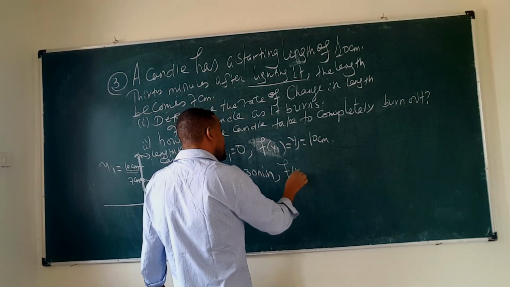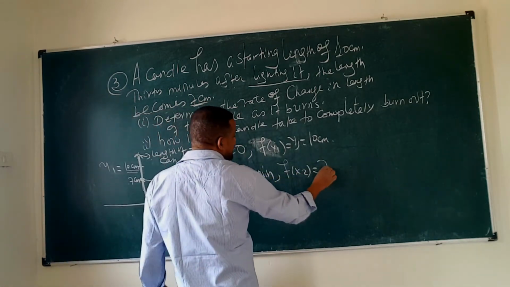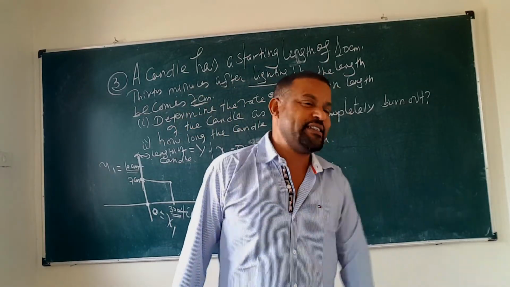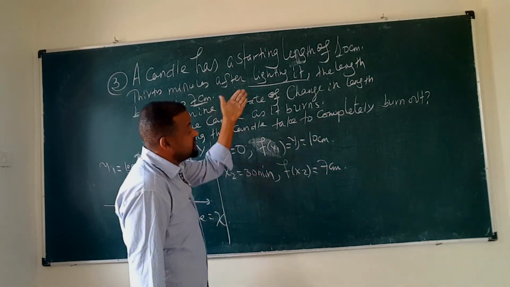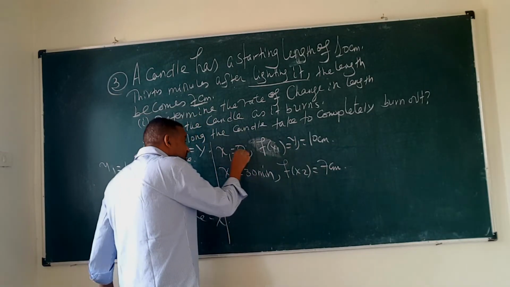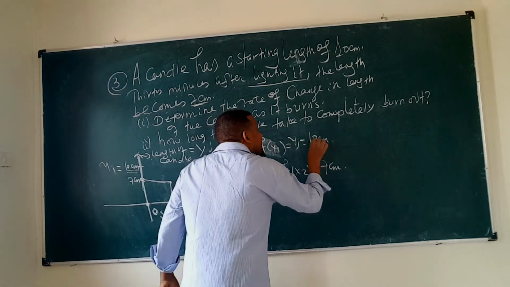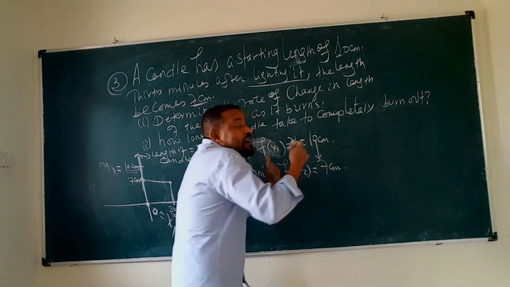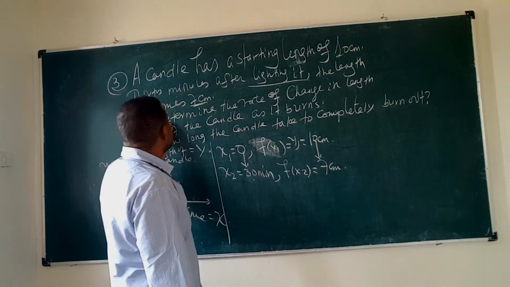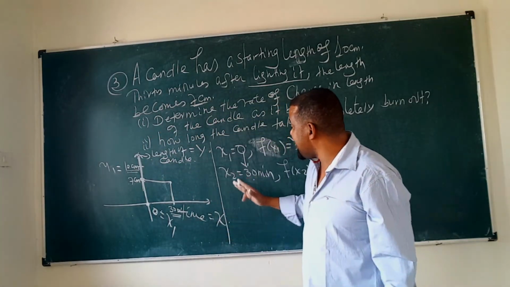Then f of x2 that means ሻማው ስንት ሴንቲሜትር ሆነ? 7 ሴንቲሜትር ቀረ ማለት ነው። ለ30 ደቂቃ ከበራ በኋላ ሻማው 7 ሴንቲሜትር ሌንግዝ ቀረ ማለት ነው። ልብ አድርጉ። አሁን x1 ከ0 ወደ 30 ደቂቃ ቼንጅ ሲያደርግ ሌንግዛችን ከ10 ወደ 7 ሴንቲሜትር ቼንጅ አደረገ። So what is, look, the question: determine the rate of change in length of the candle።